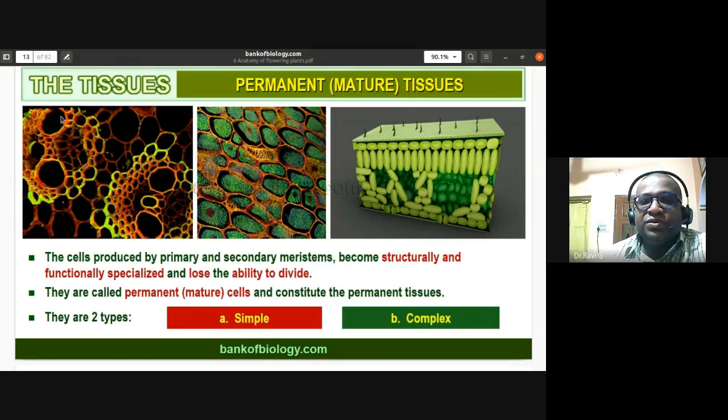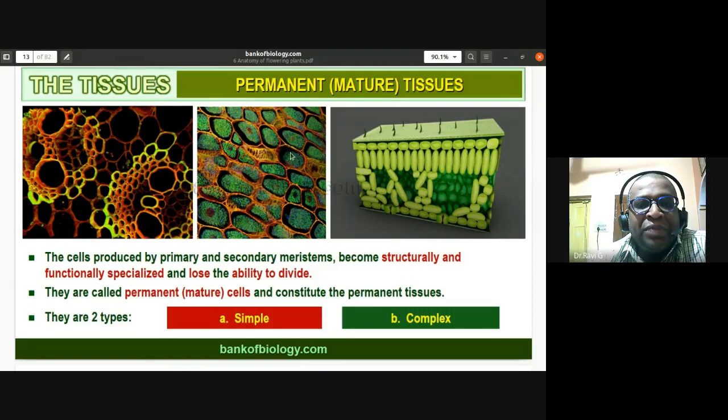If you look at the slides above, in one slide the background light colored dots are nothing but the parenchyma tissue, and within it you find this vascular bundle. There is a xylem, and they give the appearance of a skull shape. This looks almost like the monocot stem, with the scattered vascular bundles in the monocot stem.